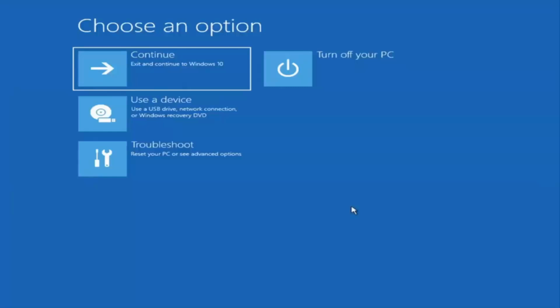If you do a hard power off 3 times in a row, Windows should automatically attempt to launch the startup repair utility. And if it doesn't find anything, it will give you the option to select advanced settings, in which case it will take you to a screen that looks like this. Now, if it does not take you to a screen that looks like this, or you're unable to get to that,